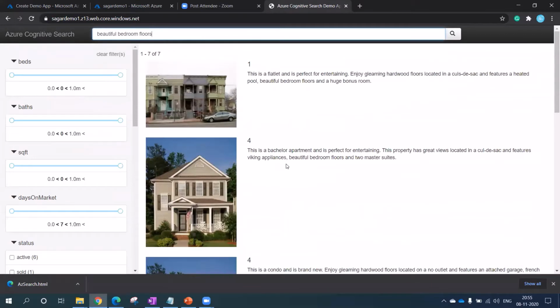I haven't done any kind of coding. I just uploaded data, and based on that I created the index, and then I created a custom app, and at the end I just made the custom app public, and by doing this I can search this data. So it is very easy, and you get a lot of options due to the cognitive service. So you can try it at your side too.